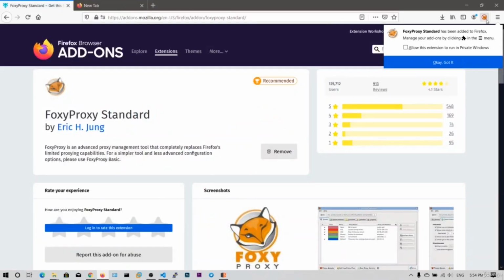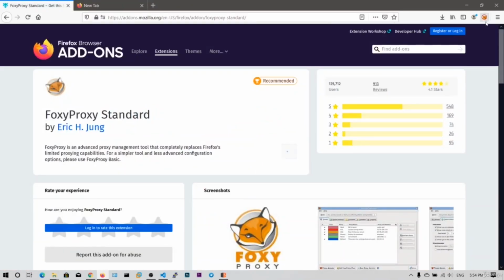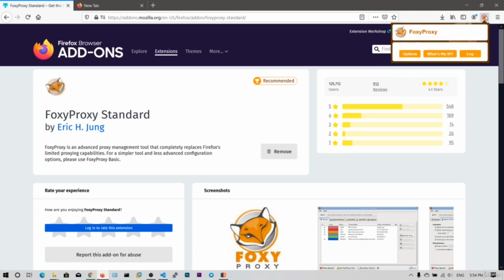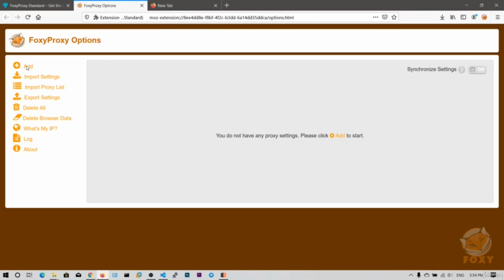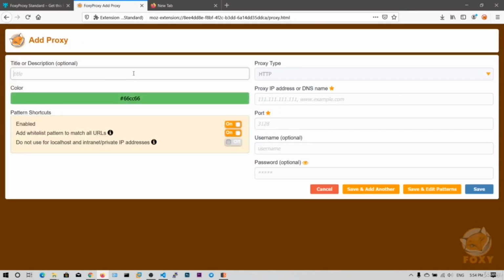Click on add, and you can see there is a foxyproxy extension here in the toolbar, and you need to click on these options, and what you want to do is you need to click on this add. Now we need to add the proxy information here. Let's say burp, and okay, let me add this IP address, which is 127.0.0.1 and port 8080. Now if I save this,